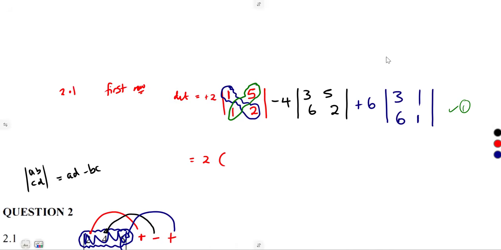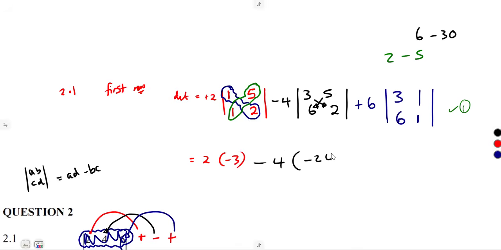1 times 2, which is 2, minus 5 times 1, which is 5. That gives us negative 3. Just use your calculator, guys. Negative 4 is going to multiply its answer here. If you multiply 3 times 2, that's 6, minus 5 times 6, which is 30. So 6 minus 30 is